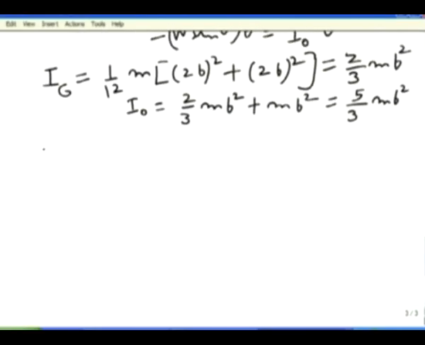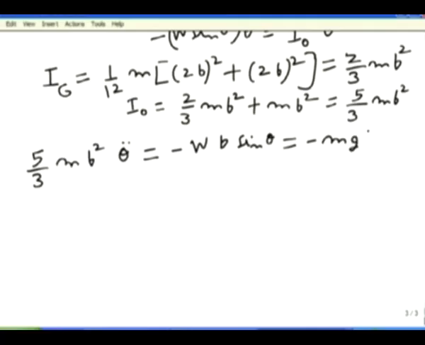Now, the equation becomes 5 by 3 mb square theta double dot is equal to minus, the restoring term, minus W b sin theta, which is equal to minus mg b sin theta,